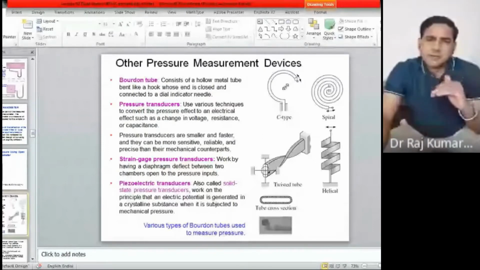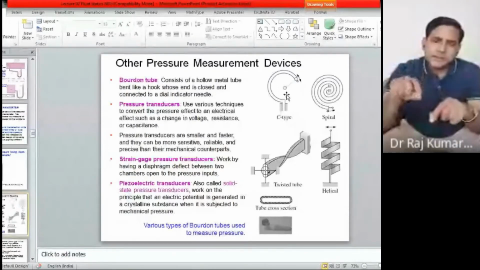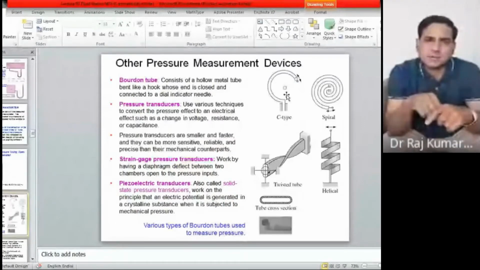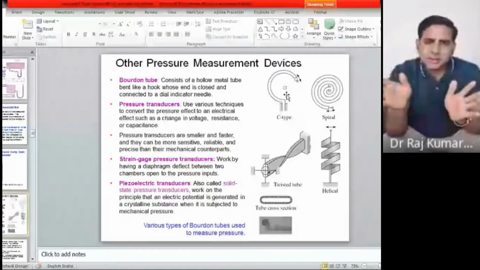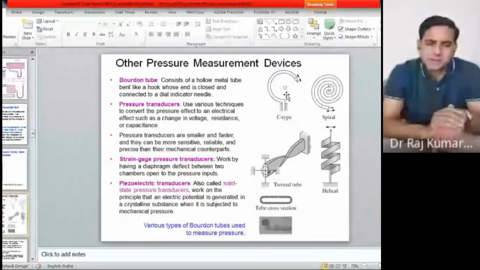So this is being calibrated by a known pressure. Somewhere you should have a known pressure source. Just provide the pressure and see how much it would move. Calibrate the entire circle in terms of the movement and pressure. And then you are just saying for this much movement, this is the pressure inside the tank or that particular vessel here.